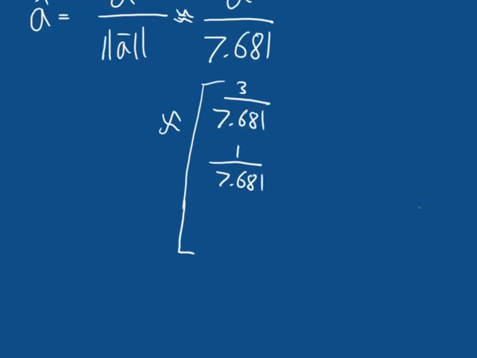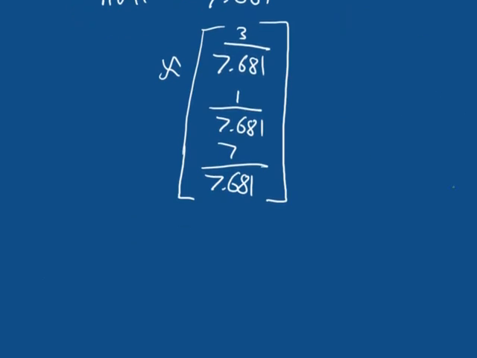So 7 divided by 7.681. Fantastic. So if we actually work this out on a calculator,